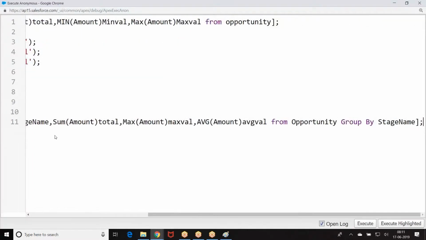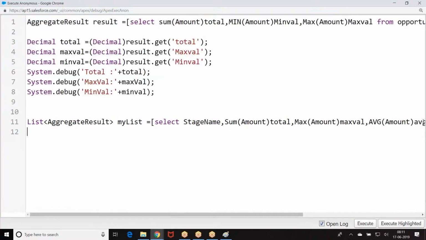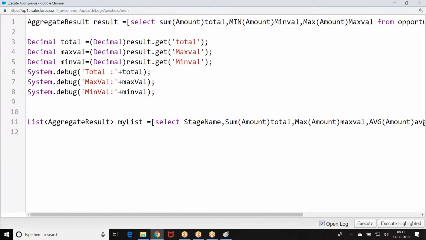Now, look at the story. For aggregate result, AG my list. For aggregate result.